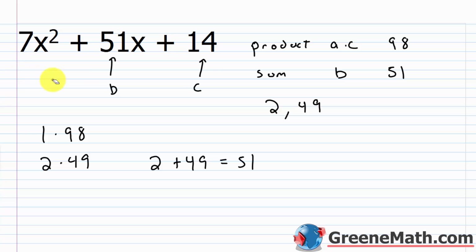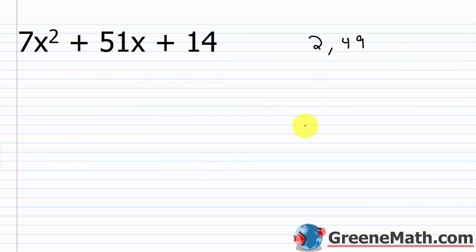So let's erase all of this. All right, so some of you might incorrectly assume that these two integers are used like we did in the last method. I see students all the time get the two integers and go, okay, it's x plus 2 times x plus 49, okay? That's wrong. The two integers are used to expand the middle term, okay? So we're going to expand the middle term such that we have a 4-term polynomial, and we can use factoring